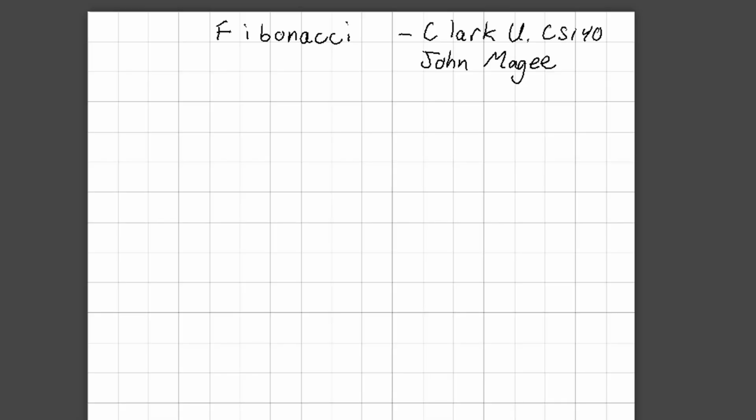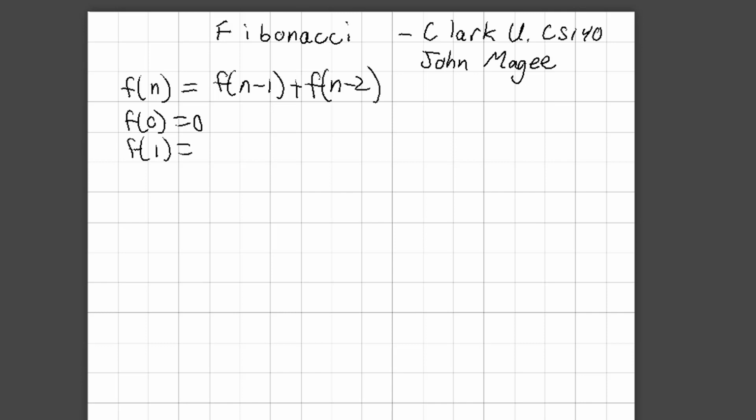In this video, we'll walk through creating the Fibonacci program for the Hack assembly language. The Fibonacci function, f of n, should equal f of n minus 1 plus f of n minus 2. So, for example, we need to first define f0 and f1. So f0 should equal 0, f1 should equal 1, and then we go from there. f2 equals 1, f3 equals 2,